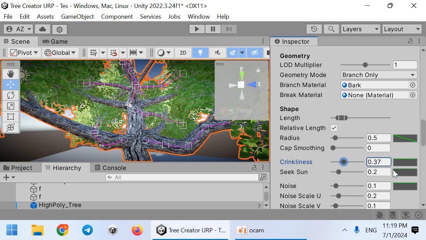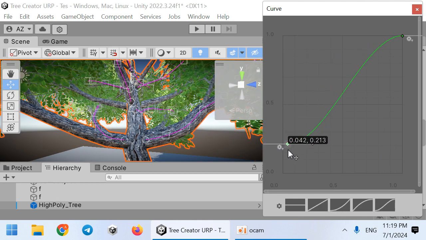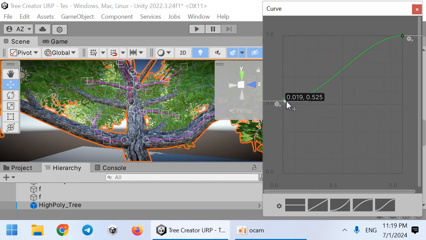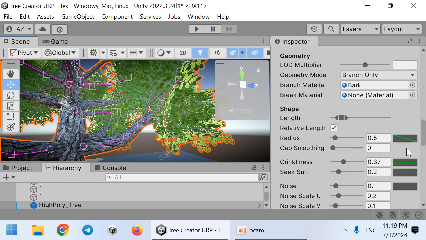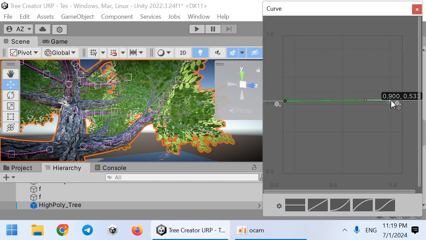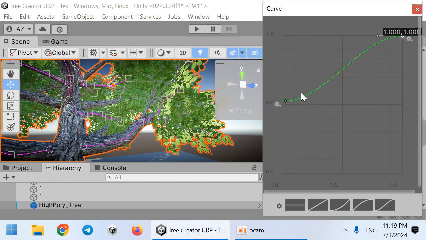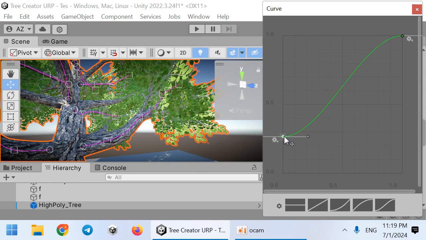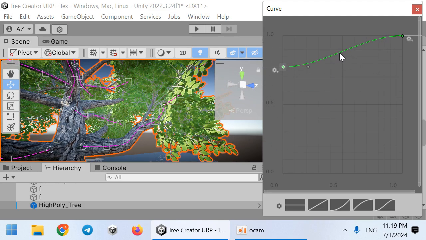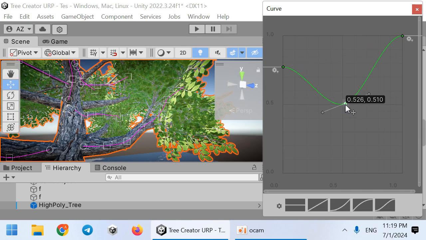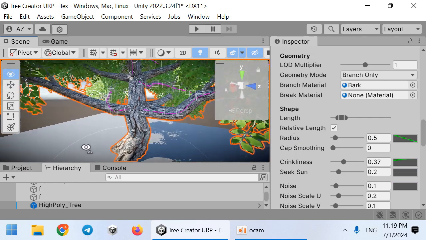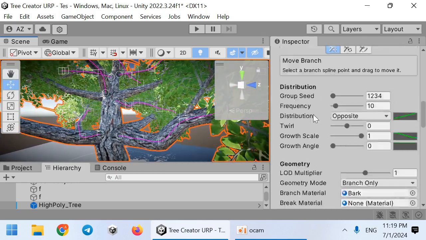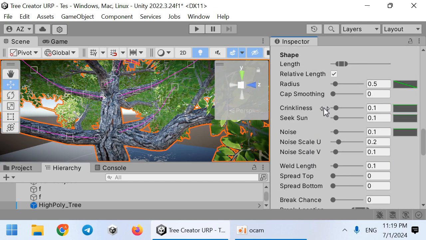As you can see, using this method you can reduce its intensity. This is for the end of the branch. Here is the end of the branch, and here is the first part of the branch, and here is double click here to control the middle crinkliness. This is the first step, and adding crinkliness to the